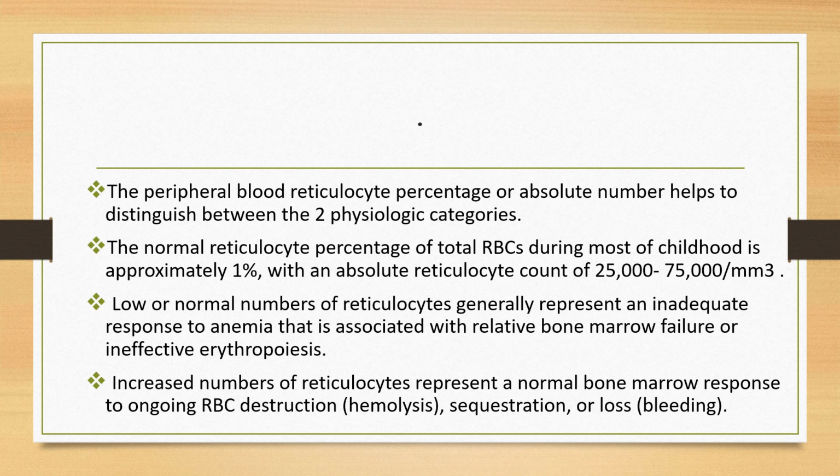Low or normal numbers of reticulocytes, despite anemia, generally represent an inadequate response to anemia. This is associated with relative bone marrow failure or ineffective erythropoiesis. So during anemia, we expect a high retic count because during anemia there is increased erythropoietin production. This erythropoietin causes increased reticulocytosis to respond to anemia. Whereas increased numbers of reticulocytes represent a normal bone marrow response to ongoing RBC destruction, which can be due to hemolysis, sequestration, or